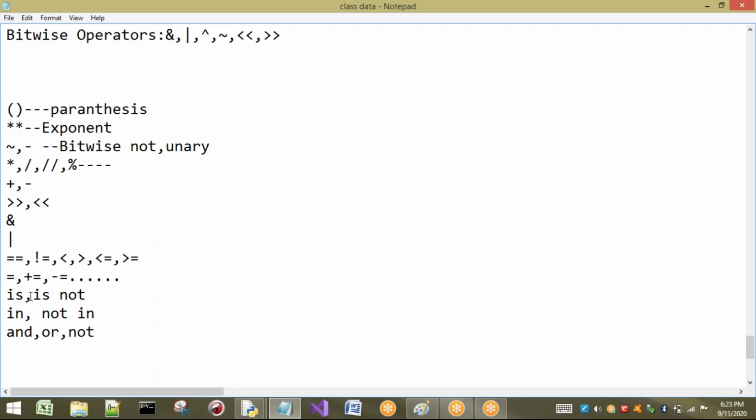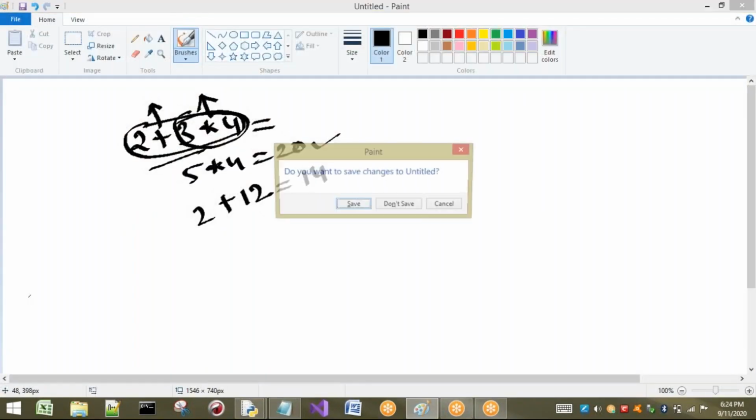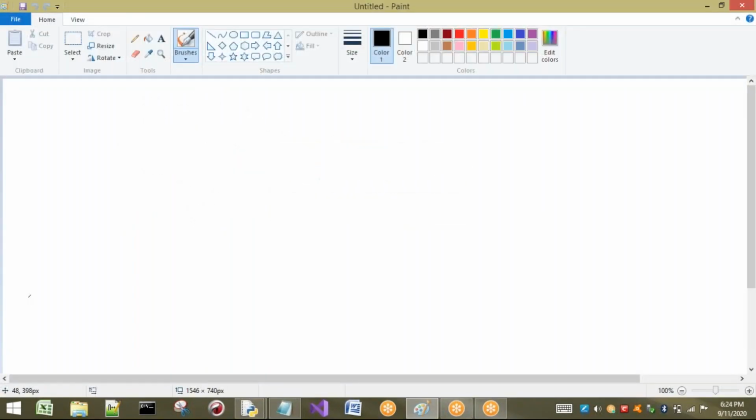I will take one statement for you, and I will make the thing clear. See here, 2 into 10 by 2. Otherwise, let us take here 2 into, for example, 10 by 5. So what is the answer of this one? Let us take 20 by 4, that is 20 by 5, that is 4. For example, I am doing here.